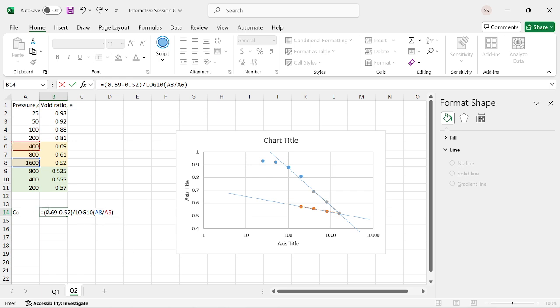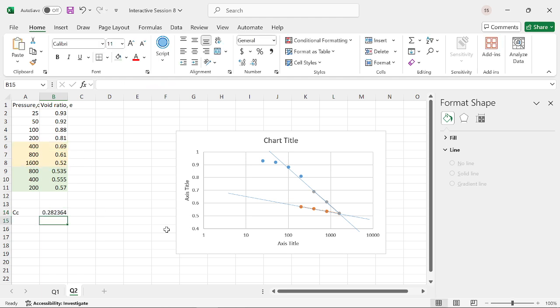And here it is this minus this. So we will have a value of